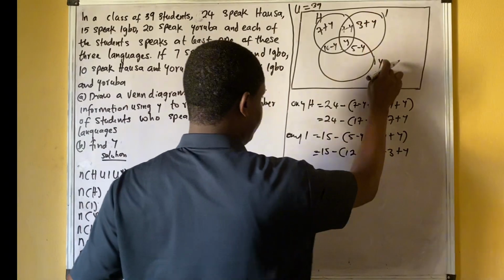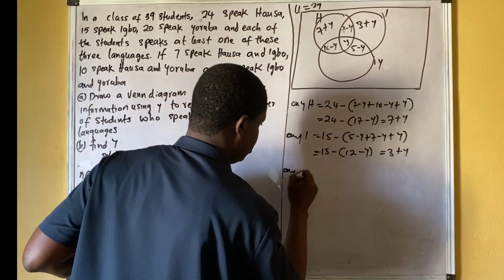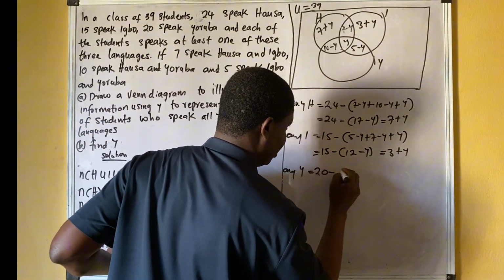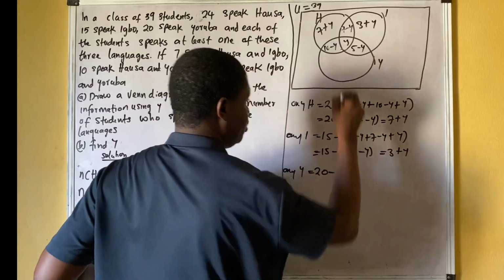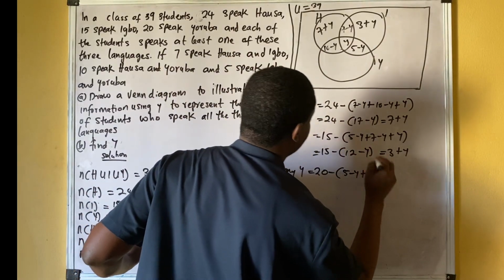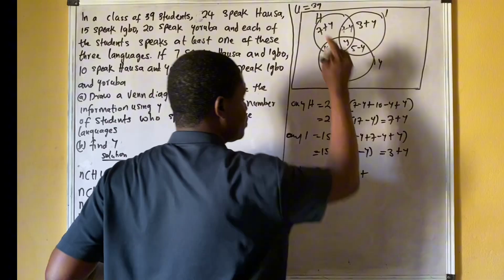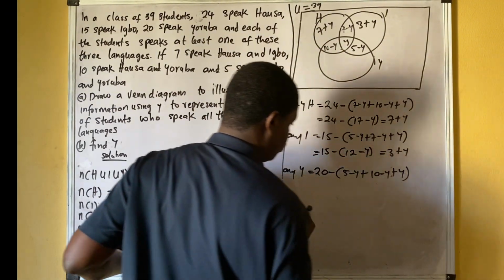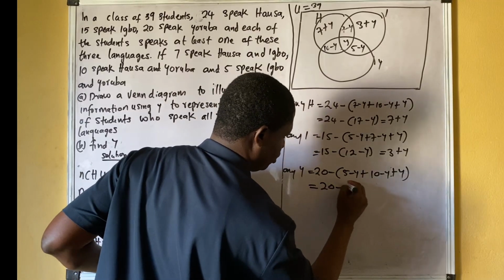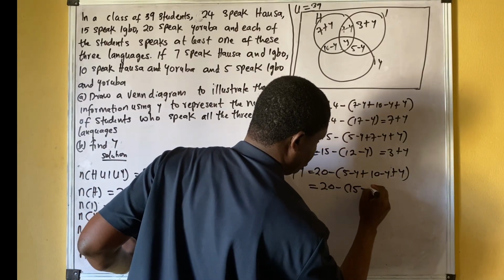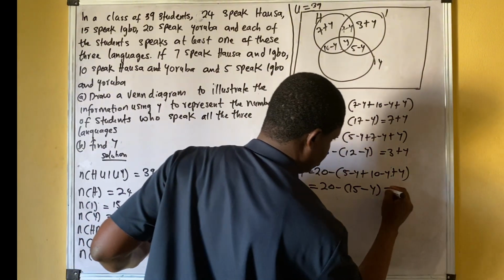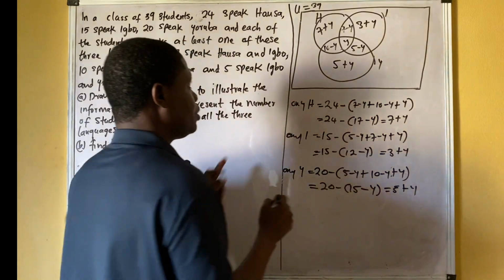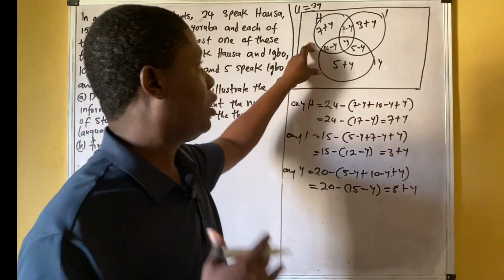So for Yoruba only, their number is 20. So we're going to have 20 minus those who speak Yoruba and Igbo, which is 5 minus Y, plus those who speak Yoruba and Hausa, which is 10 minus Y, plus those who speak all the three languages, which is Y. So we're going to have 20 minus 5, this will give us 15 minus Y. So if you work out this bracket, it will give you 5 plus Y. So here will be 5 plus Y. So this is the required Venn diagram you are asked